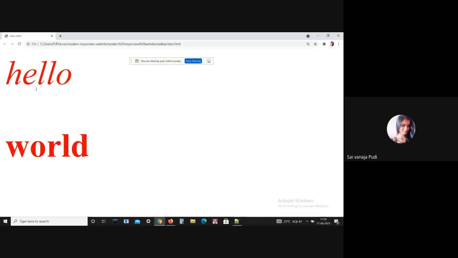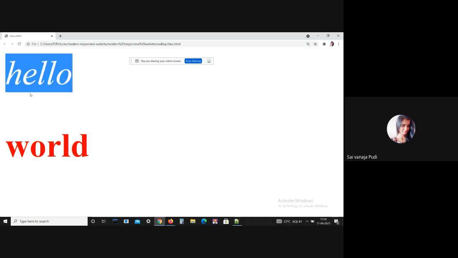This is the difference between a multi-class and a single class. Even in HTML we can use multiple class names. Here for one class I gave font size 40 pixel and color red. In another class I gave the CSS property italic. Both properties are applied perfectly.